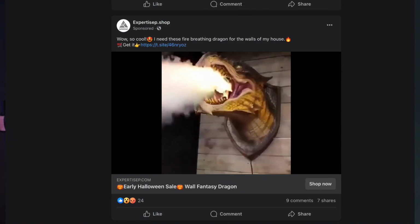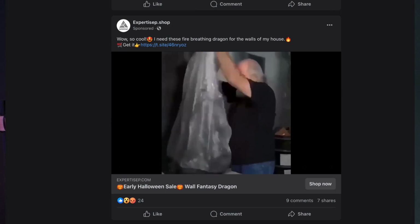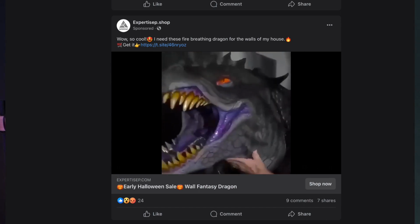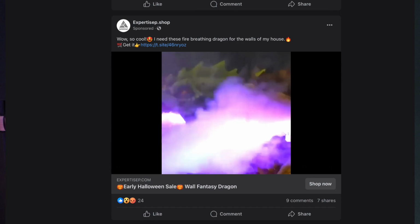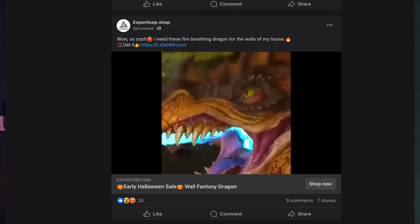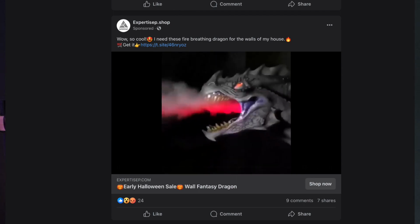You can see there is a remote control to make fog and light spit out of its mouth. It is a gigantic thing that this man needs 2 hands to pick up. So I want to say it's like a life-size dragon head, but I've never seen a dragon in real life, so hard to say. First of all, if you look up here, the shop says